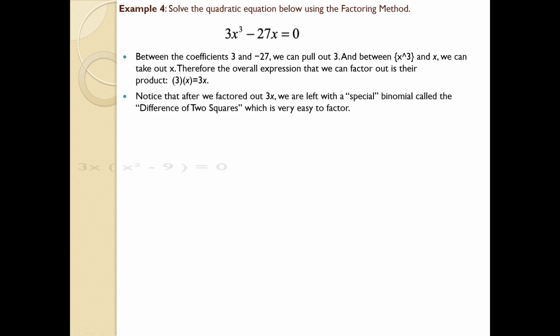Let us go directly to 3x raised to 3 minus 27x equal to 0, which can be written as 3x into x raised to 2 minus 9. Remember, when you come across a case like this, try to show the common value as a monomial factor, that is 3x, instead of 3x square, and x square minus 9.